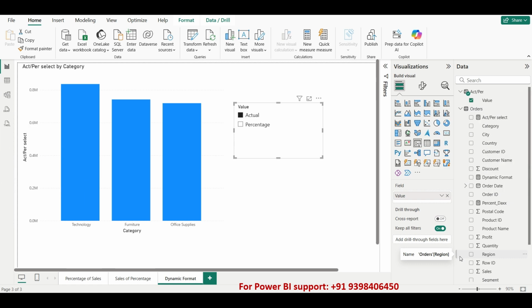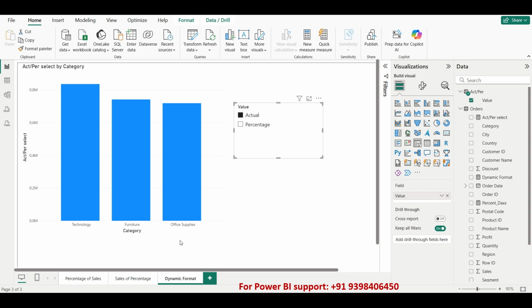So today's interview question and real-time scenario would be to change the y-axis format, guys. Let's say here you have percentage. When I click on percentage, you are seeing 40%, 30%, 20%, 10% and 0%. And when I click on actual, 0.864 to 0.0 millions. So this is the y-axis format change,